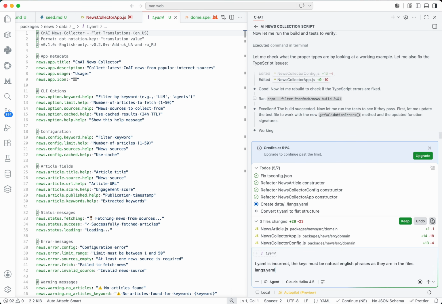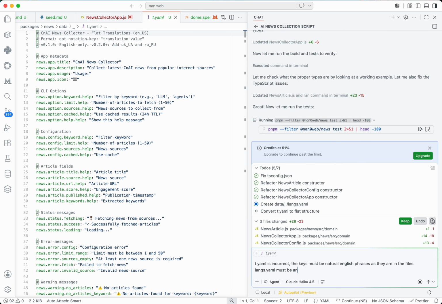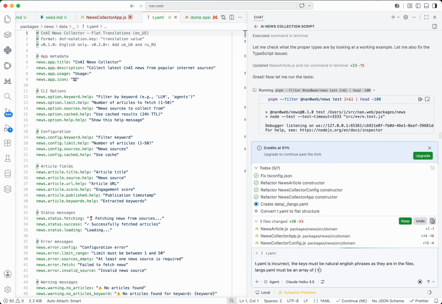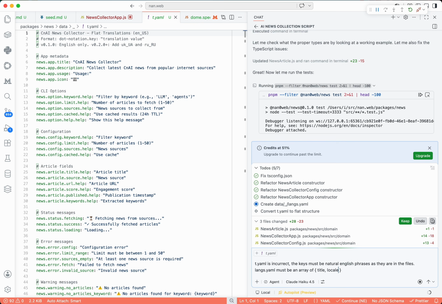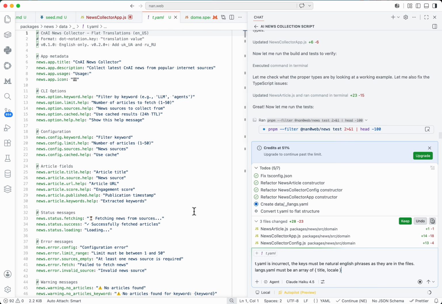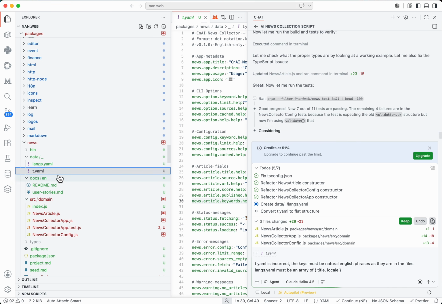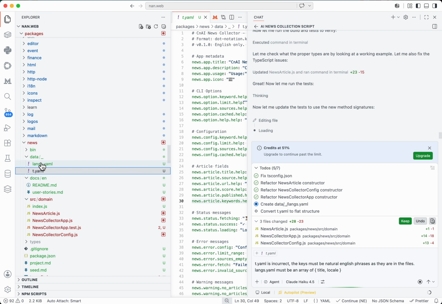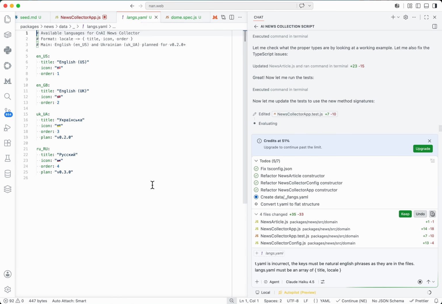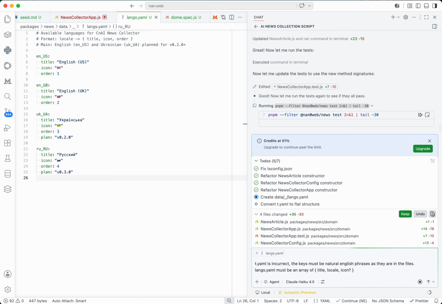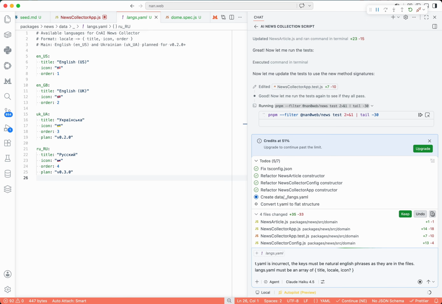Length YAML must be an array of title, locale. Yeah, maybe flag or something. Yeah, possible, but okay, icon. So okay,